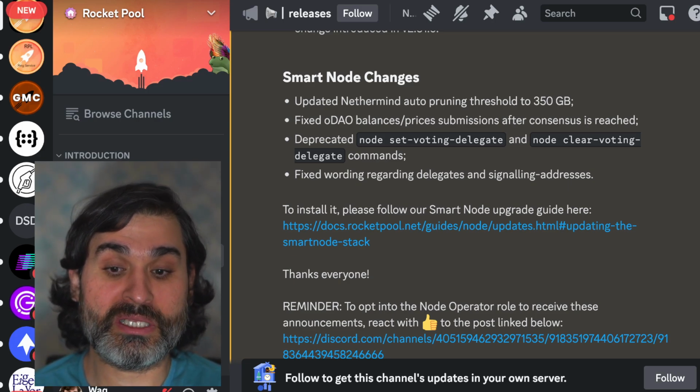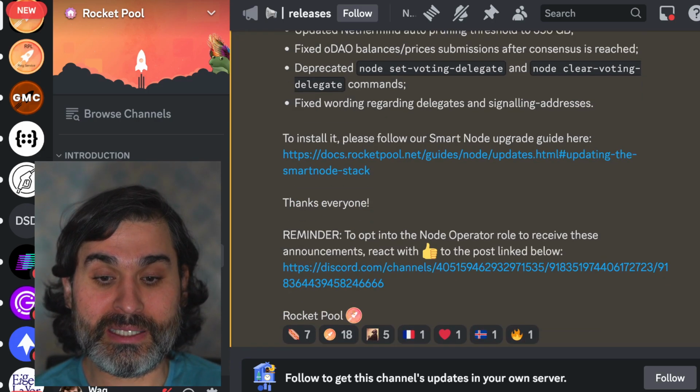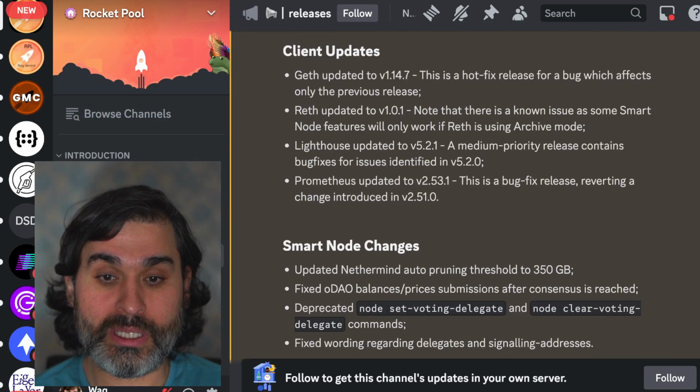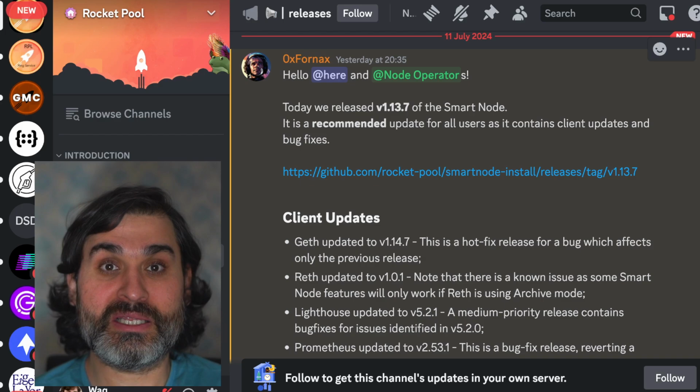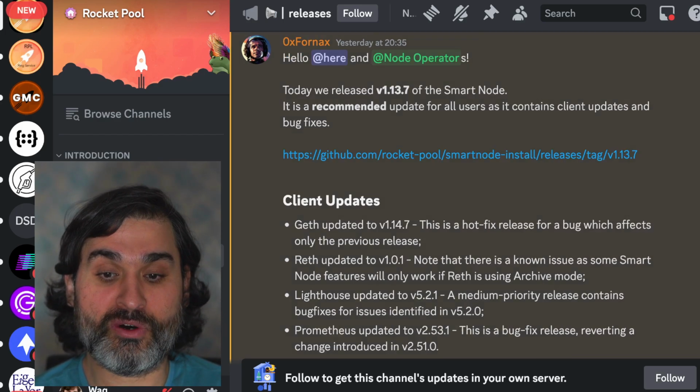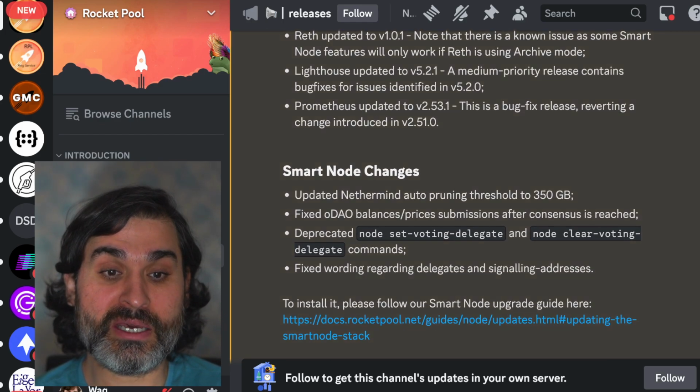And to install it, please follow a Smart Node guide here, and then there's information. So that is a really cool update. If you haven't initialized your vote, definitely update to this system first, because like Fornax says, the language is a little bit clearer here, and I think it just makes a little bit more sense for users with the new